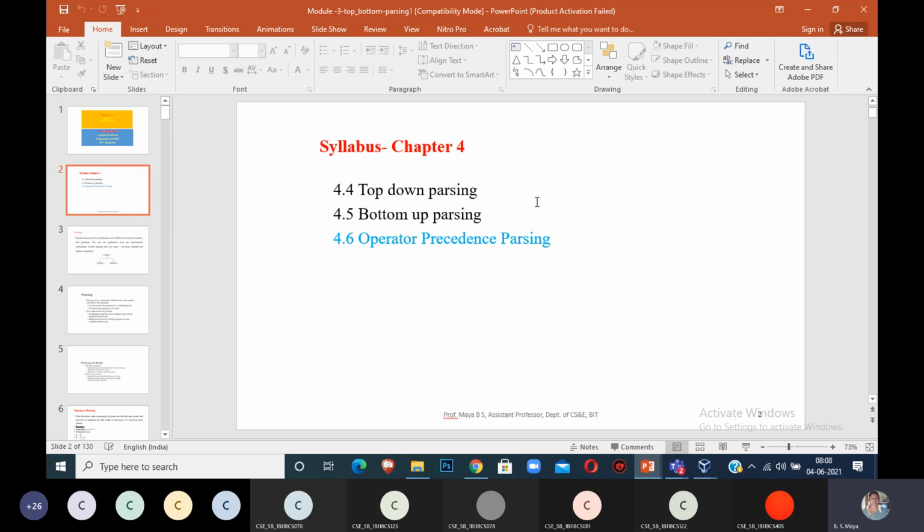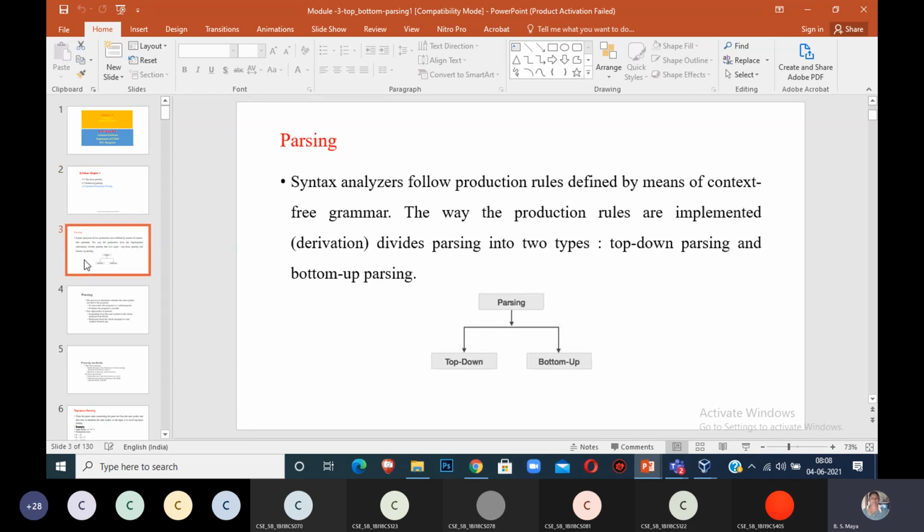In this chapter we have to study these two things, and we don't have operator precedence parsing in your chapter. We have only top-down parsing and bottom-up parsing. As the scheme changed from 15 to 17, the 17 scheme includes operator precedence parsing. If you have a parallel class for those students, you will get it. But for these schemes, you have only top-down parsing and bottom-up parsing. And what is that parsing? Why are we using it?